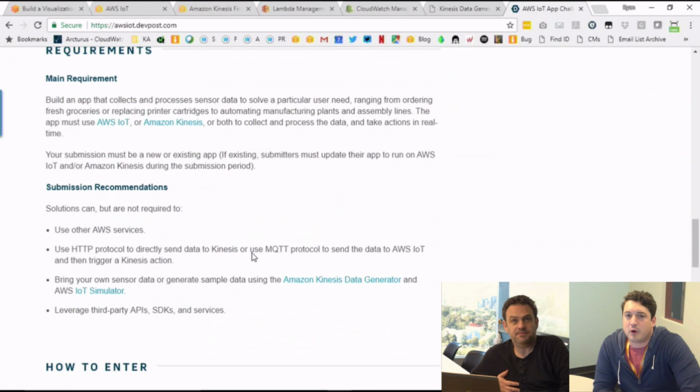So I pulled up the requirements. The app must use either AWS IoT or Amazon Kinesis or both. So it can use either. I highly encourage you to use both because it's pretty simple to use both. If you want to just use AWS IoT, for example, to directly send messages to DynamoDB, the question that Steve asked, which the AWS IoT service will do, that's one example.